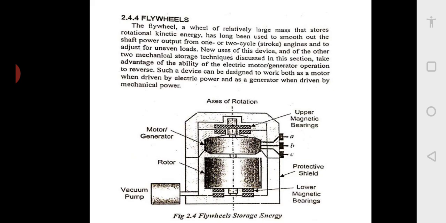That is a large mass, meaning it has high weight. So it can store the kinetic energy and release it when it is required. But these are all instantaneous. It's not for long term. It is for short term storage, unlike compressed air storage and pumped hydro storage, which can store for long periods of time. Here it has to be stored and used immediately. Otherwise, the flywheel will slowly lose its inertia and come to a standstill.